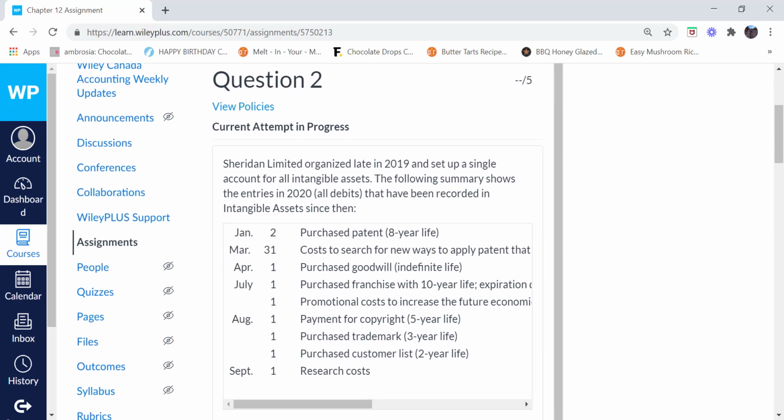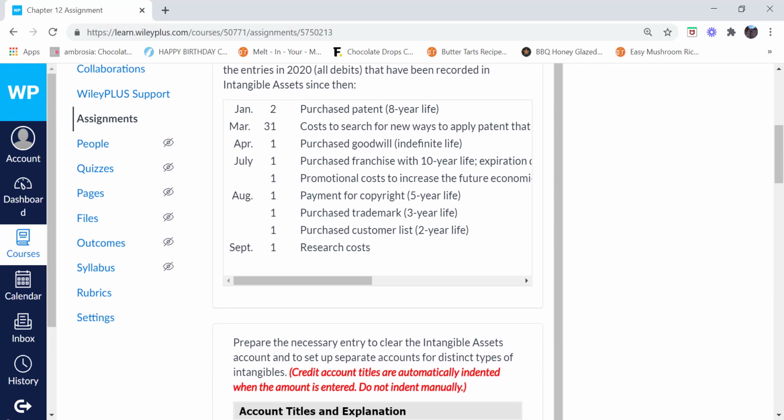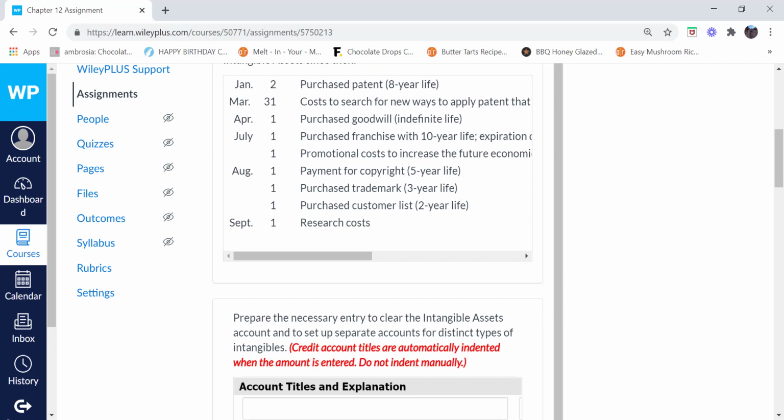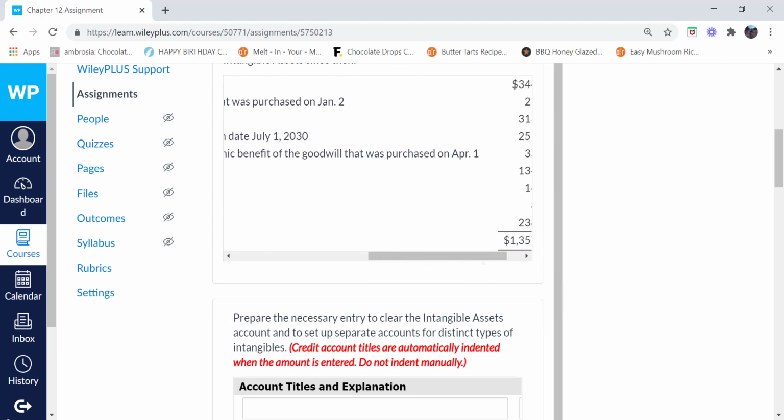This is a question that gives students grief, and I think it's more the setup. It's a little different than when I do an exam, but I think it's a good exercise to go through just to identify stuff. It says we set up a single account for all intangible assets. Here's all the entries that we've recorded. Prepare the necessary entry to clear the intangible asset account and set up separate accounts for the distinct types of intangibles. So what they're saying we want to do here,